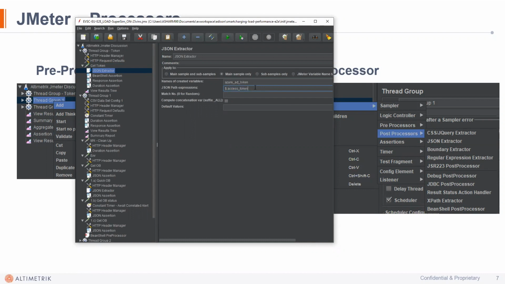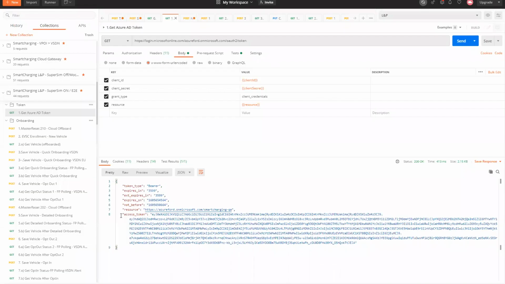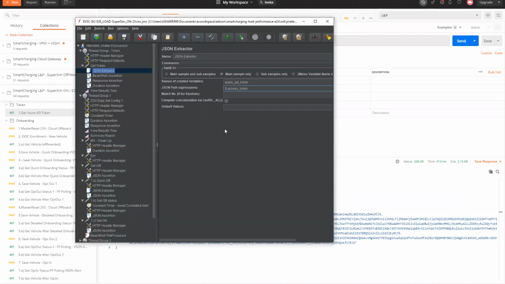We can go further deep. For example, if it's a complex property, we can go to .access_token.value.text, whatever, depending on what kind of JSON you have. But since tokens are more or less pretty simple, we are trying to fetch this property from the root. So this would be $.access_token. Again,